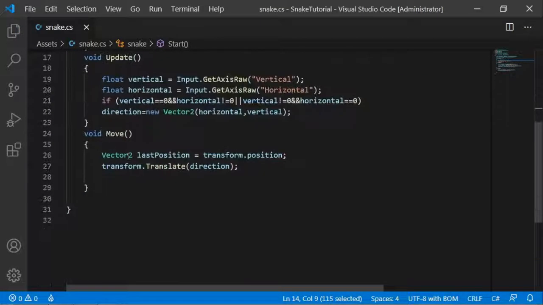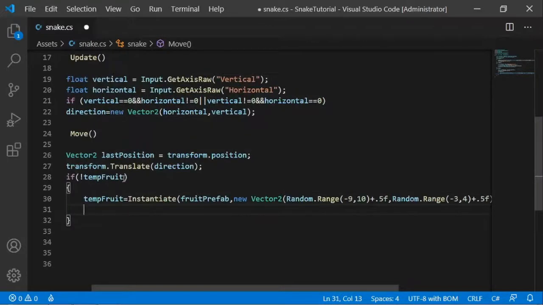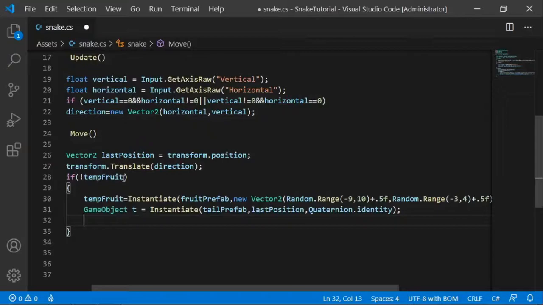So in the Move I want to check if temporary fruit is null, and if it is I want to instantiate it. I want to instantiate my tail prefab, so Instantiate tail prefab, lastPosition, Quaternion.identity, and